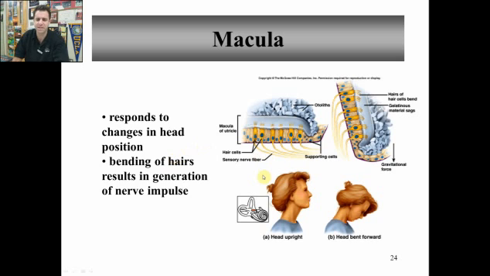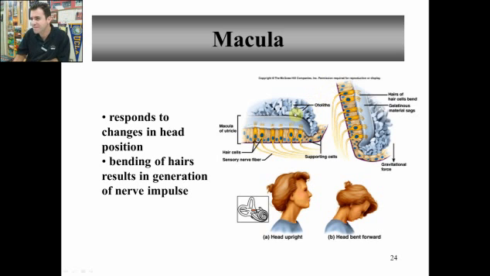Here's the macula. So this is now static equilibrium, okay? When your head is upright, your macula of the utricle sit like this, and this gelatin-like substance that you see here, this is the silver or the gray jello. Inside the gray jello, you've added some sensory neurons, some nerve fibers, nerve receptors, hair cells. These hair cells don't hear, nor can they be cut at a haircut. They move only when that gelatin moves. And the gelatin is only going to move because of these